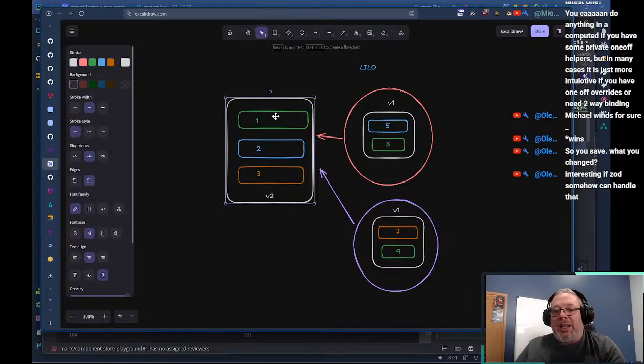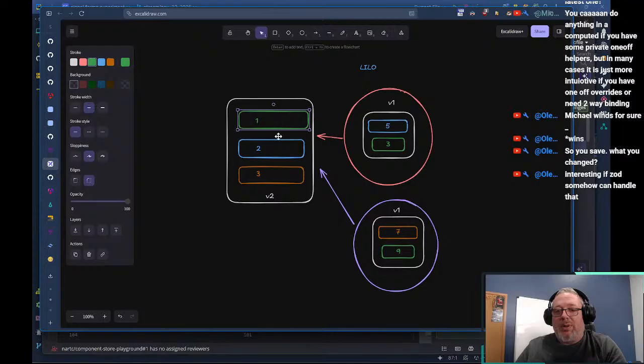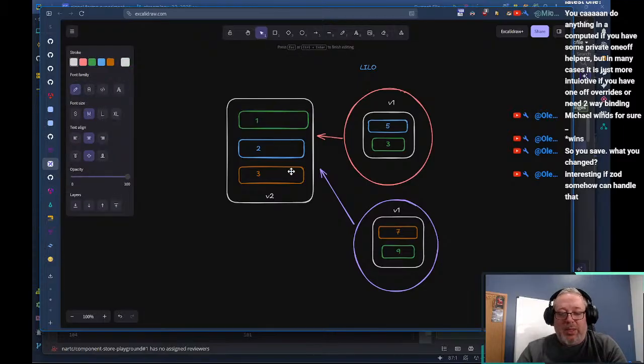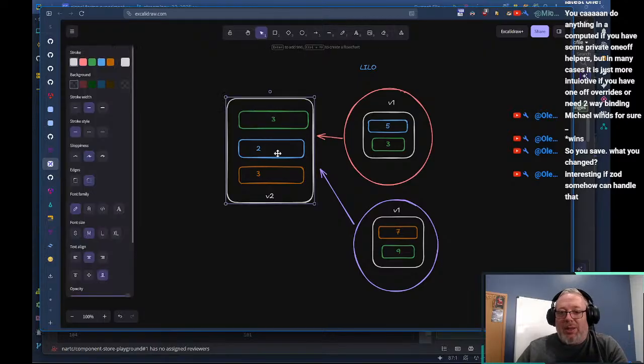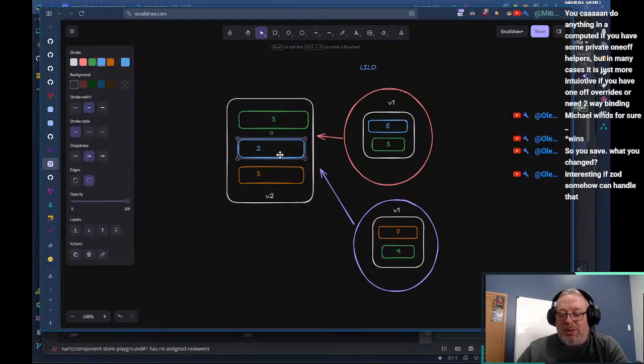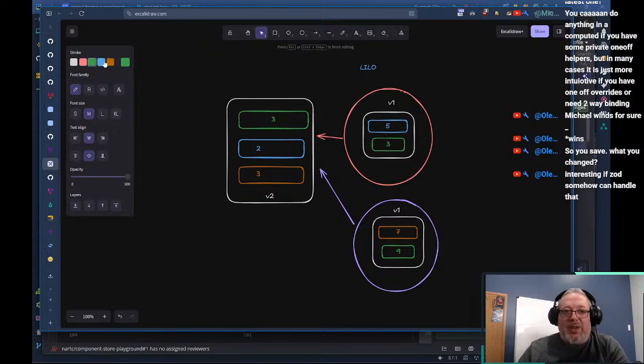So now we've got both 3, delete that. And this one becomes 5.